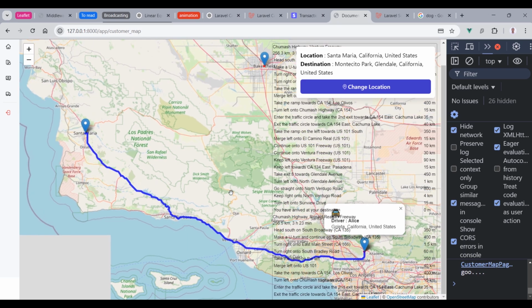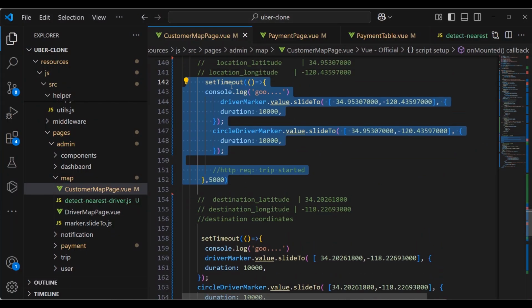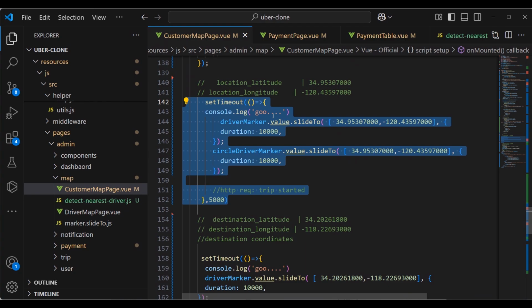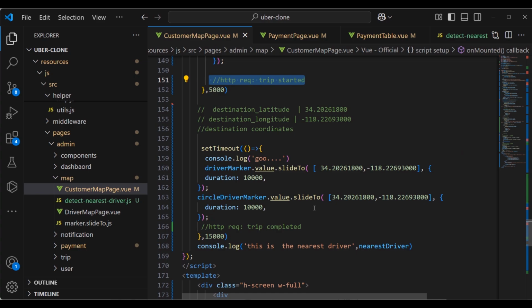Once the driver moved to the location of the customer, we're gonna say trip ongoing. Once the driver reached the destination of the customer, we're gonna say trip completed. And in here, heading back, you can see when the driver moves to the location, we're gonna say trip started. We're gonna make an HTTP request to the server, and once the driver reaches the destination, we're gonna